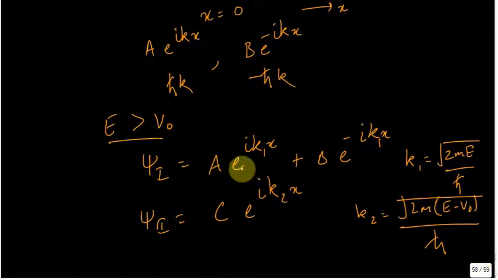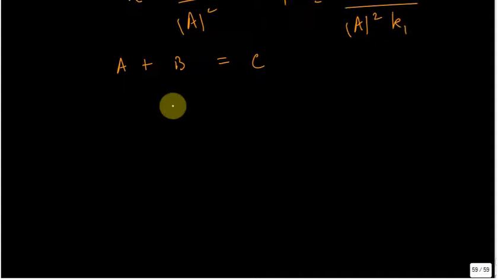That would give me A ik1 e to the power ik1x. So that's 1. So ik1 into A minus ik1 into B should be equal to ik2 into C. And then I can get rid of the i. So K1 into A minus B would be equal to K2 times C. Now I have three unknowns, A, B and C. Two equations, K1 and K2 are known. I know the potential. So I have three unknowns, two